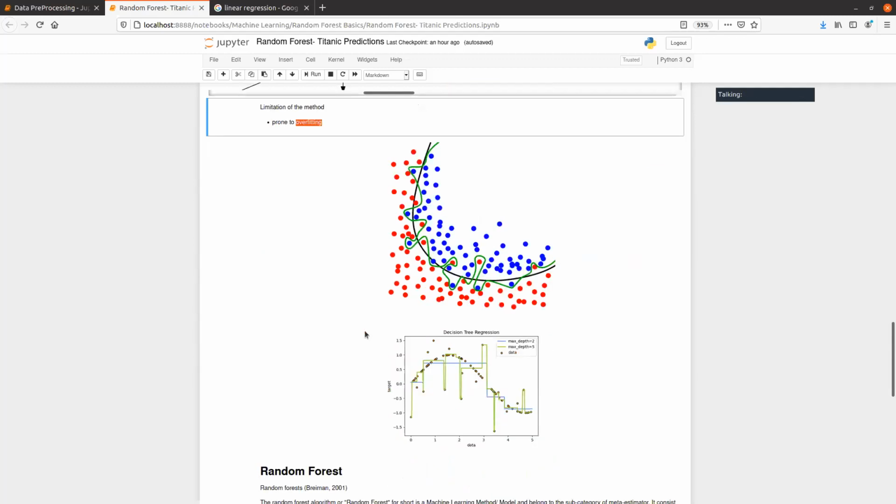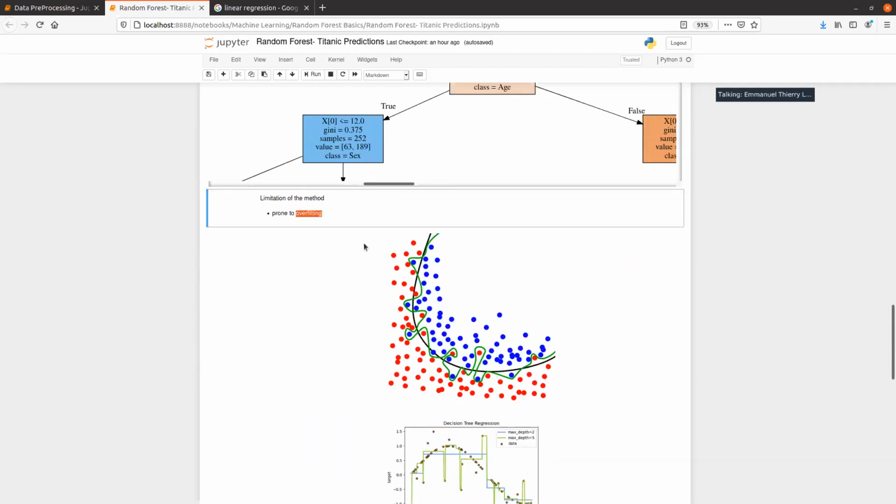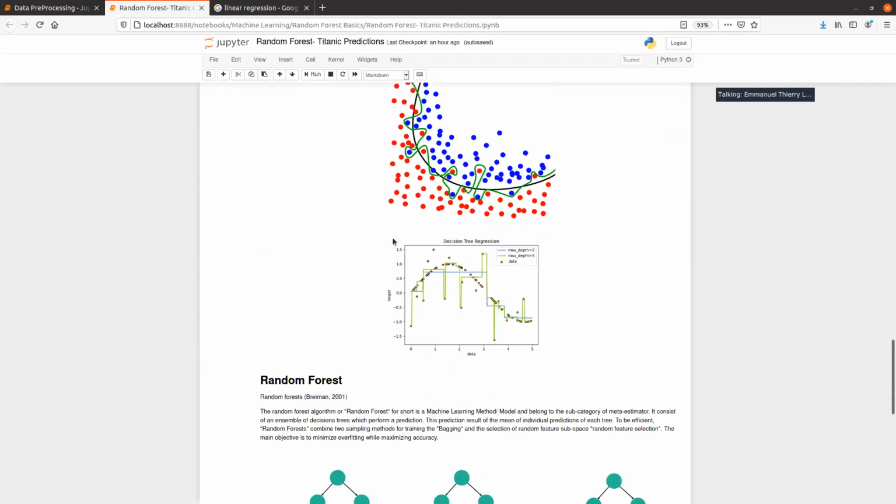And also, what I want to point out is that since these are conditional splits, often what you would see is that decision trees don't really fit, quote unquote, curved space very well.